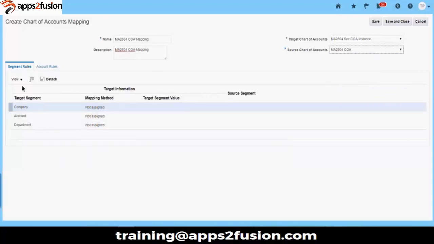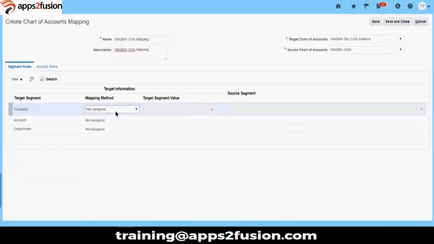Okay, so it will show the segments from your source chart of account, and like source company segment, how it maps to your target values. Okay, so say copy value from source not assigned, like if there is no equivalent segment. Suppose we had another segment, say project, and in second ledger we don't have project, then we will say not assigned, or